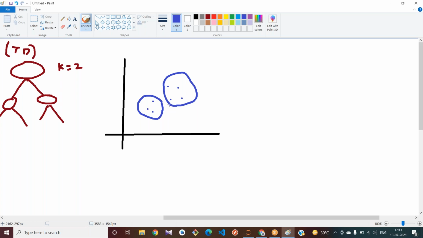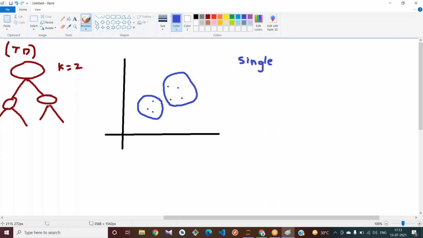In the single linkage, as the name is single here, it tries to calculate the distance between your clusters, but the points it uses are the closest members of your clusters.